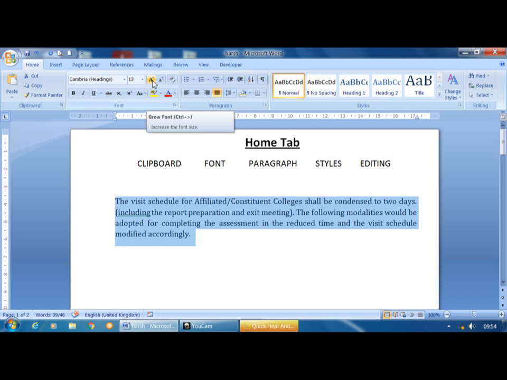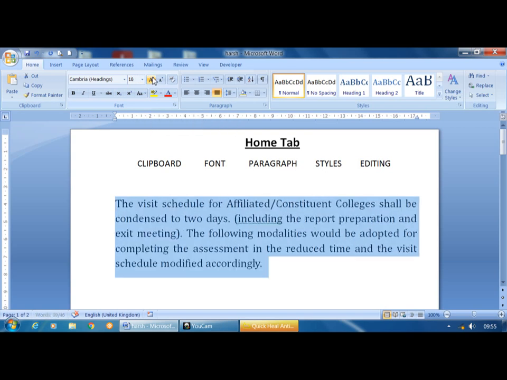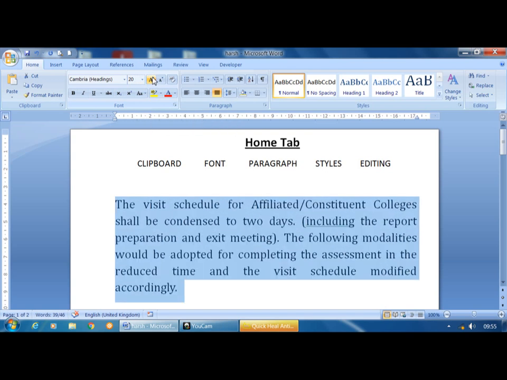Next is increase font, that is grow font, and the other one is shrink font. Grow font is used to increase the font size by 1. When I click here it becomes 14. You can view it here. One more time I click, 16, then 18, 20.